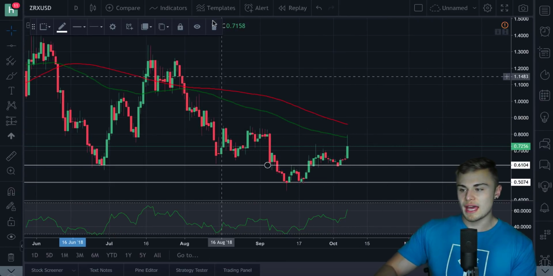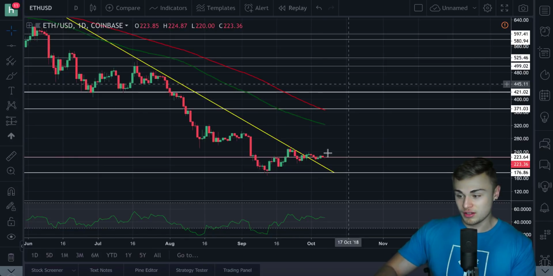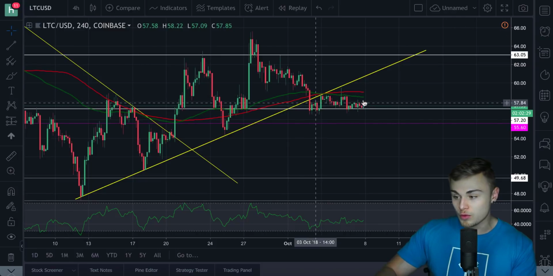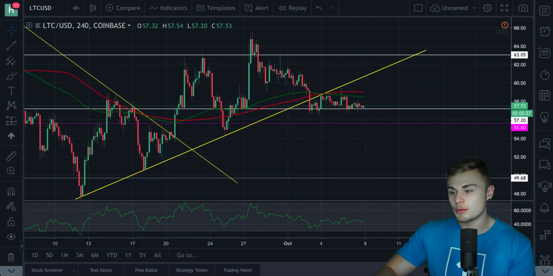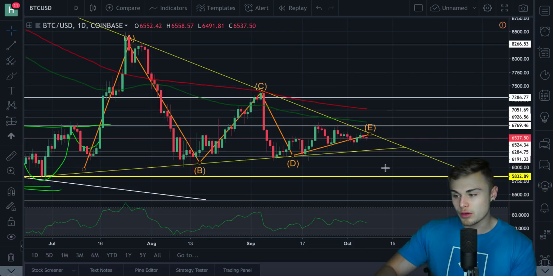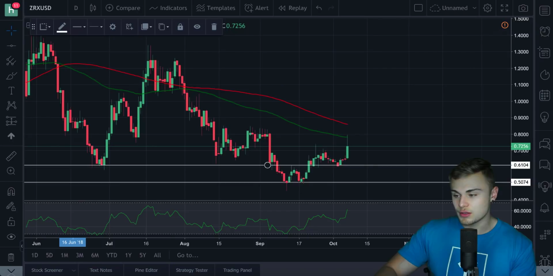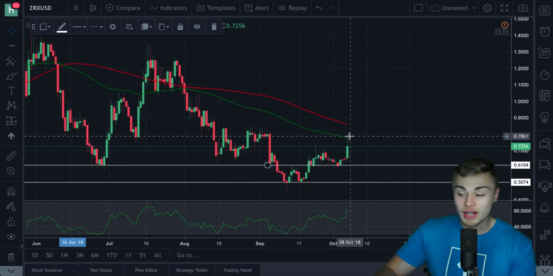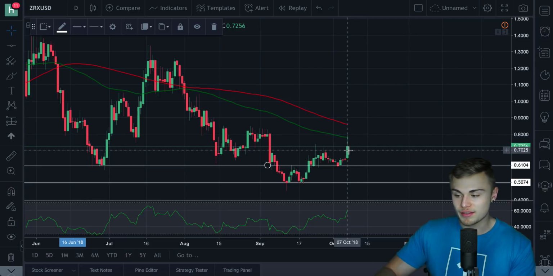And that's truly what I see happening within Ethereum. I think Ethereum is going to catch up to here. I think Litecoin is eventually going to move up here. This is on the 4-hour, so it's a little bit different. So with Bitcoin too, I can see this shooting up to here. Very similar to what OX is doing. I can see this movement happening very quickly. We're going to have resistance here, and we probably are going to retrace back down.